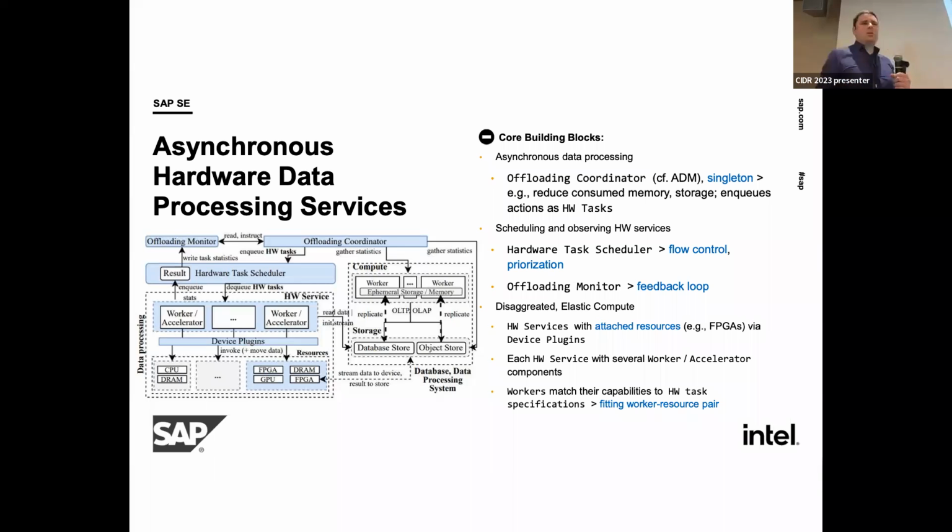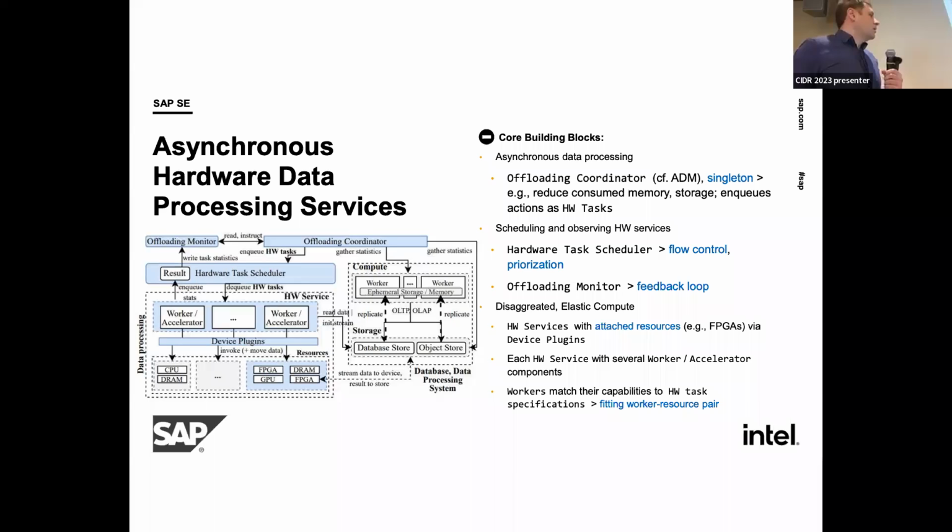It looks at the string dictionary footprint, and then would propose an action, which would be specified as a hardware task that could then be taken up asynchronously by hardware workers that are available in the same data center and working for several databases basically. Now you see here that there would be some kind of task scheduler. This is just basically the concept that we thought of, that takes the hardware tasks from the offloading coordinator,